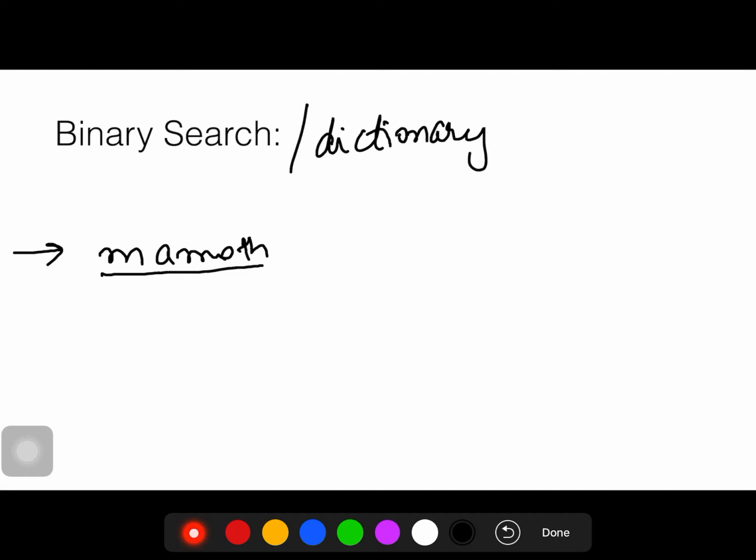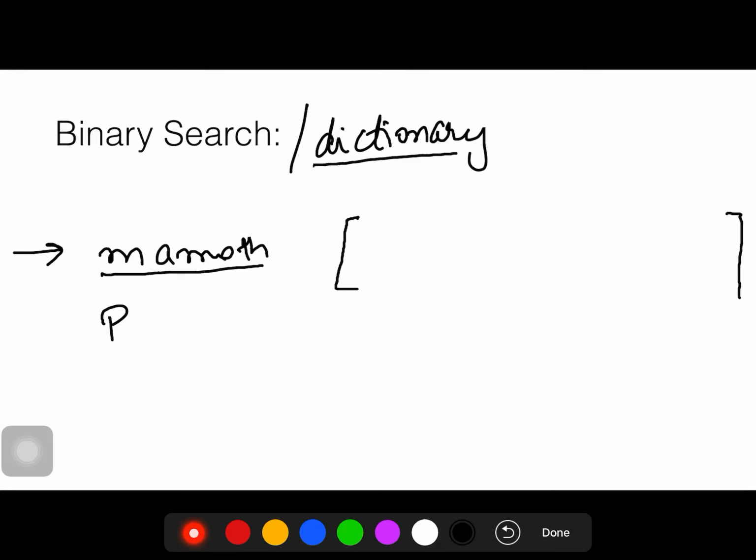We will get the meaning of the word. If we open the page where there is a word which is from P, we know our word lies before P. What will we do? We will shift our end location from the main end to the page we have opened. This search is equivalent to dictionary search.